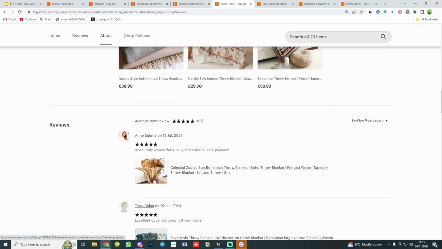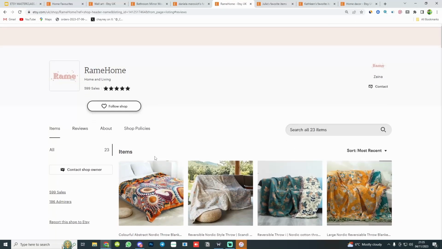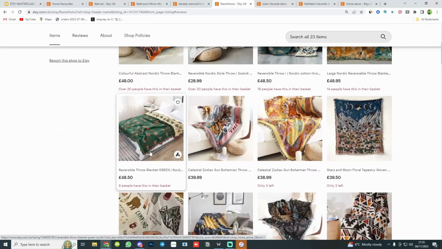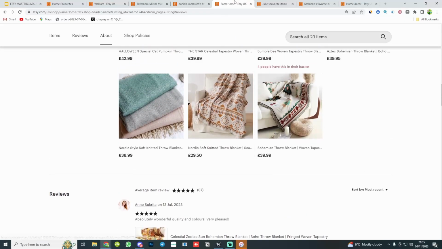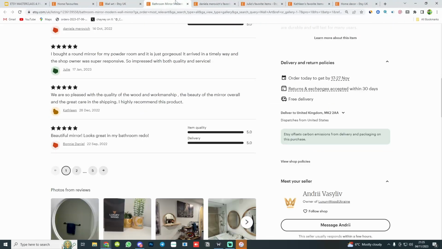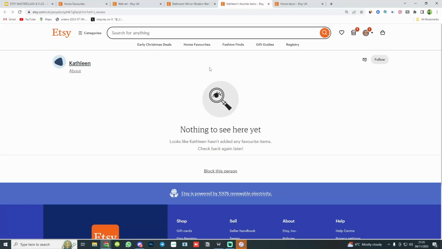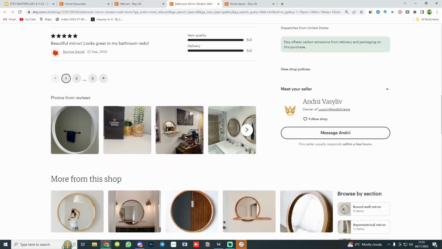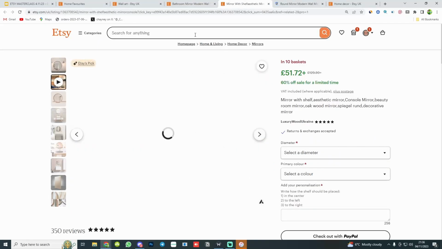And after this, I'd have a look around the niche and see what looks good within the niche. But yeah, if I had to take a guess, maybe 10k a month this store's doing, I think. Because it's got most of its reviews in the last month, I think, or half or something like that. But yeah, so looking at customers as well, go on the reviews, click on the customers' names, have a look through the customers. Sometimes they'll be like this, or sometimes they'll be private. But yeah, often if they're pretty active customers, you get some good products just by looking at what the customer's favorite. And yeah, basically all I spend time doing is clicking around the platform, looking for stuff that works,